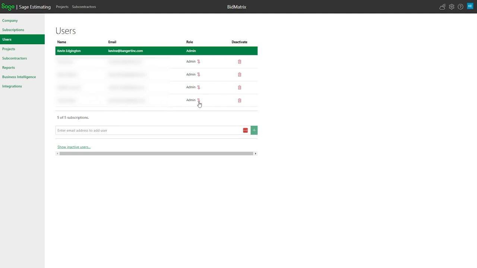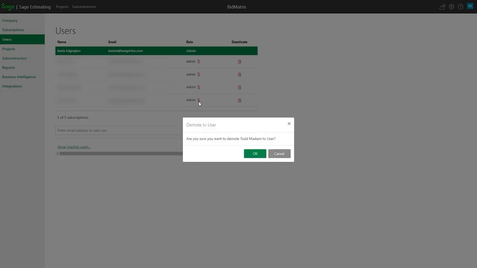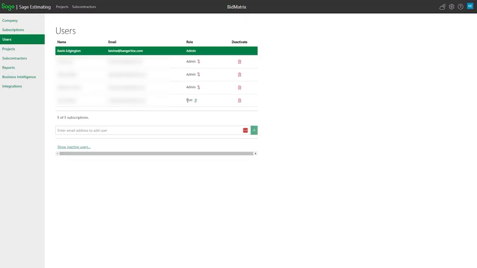Within each user, you can also control what type of security they've got by clicking on the user, and admins would look one way, users would look a different way. So admins can see all projects, users can only see projects that are either open for all users or they've been invited to share on that project and so forth. I'm going to get this one turned back to an admin so that way it's ready. And that's pretty much what users are.